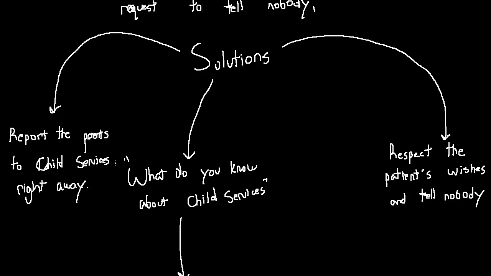I'm not going to go directly to the parents, right? Because if I go directly to the parents, I realize I'm going to put this kid in trouble. If I'm going to be intervening or assisting in the intervention of the situation, it has to be through professionals such as child services who are going to be able to make sure that the extraction of this child is going to be quick so that there's no big investigation leading up to it where the kid could be subject to more hurt. So I'm not going to intervene directly, right? I'm not even going to list that as a solution. I guess I'll list it as a solution here, but we know we're not going to go anything with it, right? So intervene directly by confronting parents.